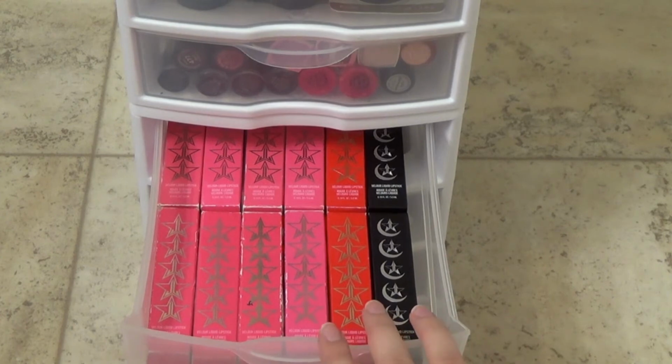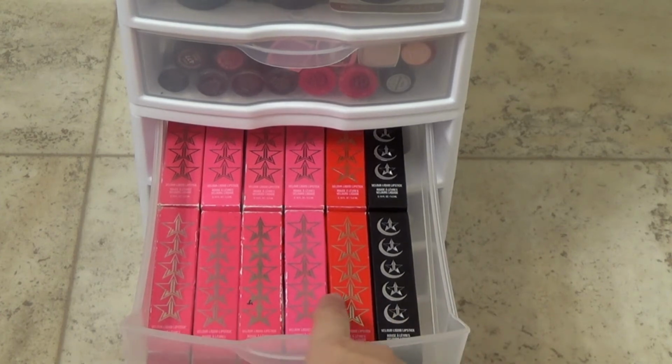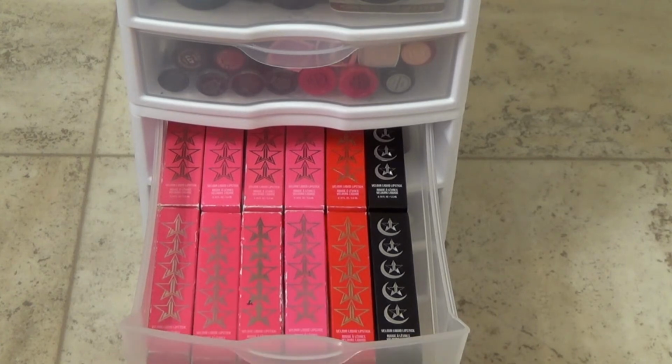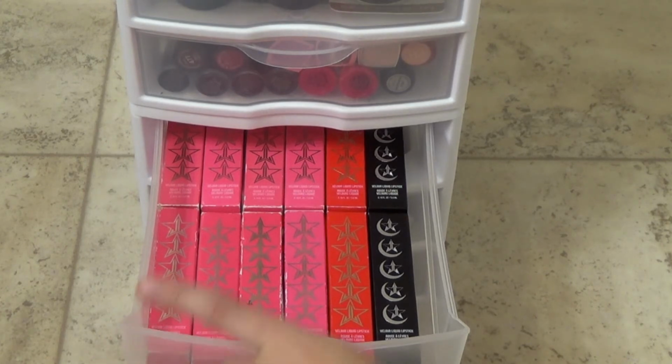Just from memory, really quick, these are basic liquid lipsticks that aren't from any collection. These two red ones are from the holiday collection, and these two black ones are from the Jeffree Star and Manny MUA collaboration. So real quick, if I can remember, I have Celebrity Skin, Posh Spice, Androgyny, Scorpio, Dirty Money, Anna Nicole,